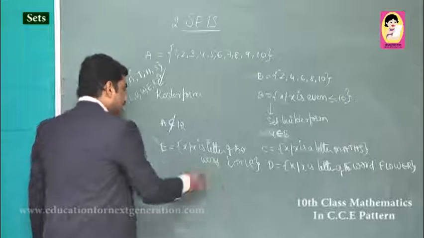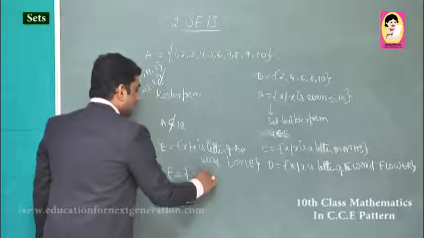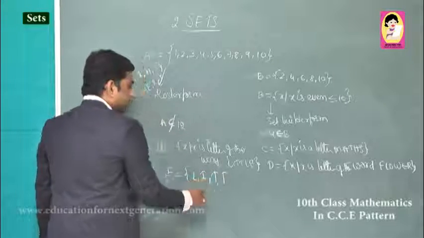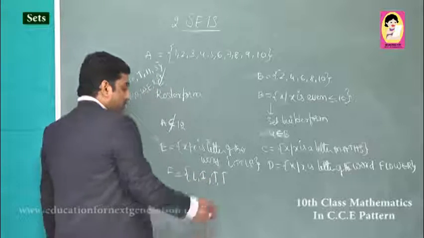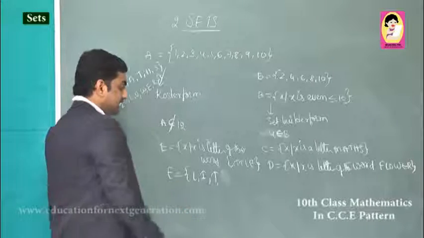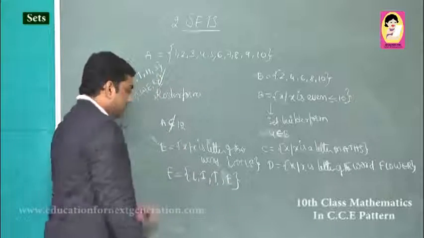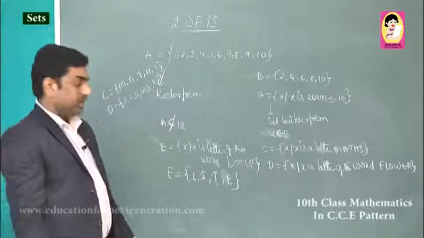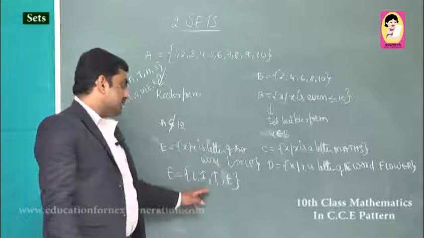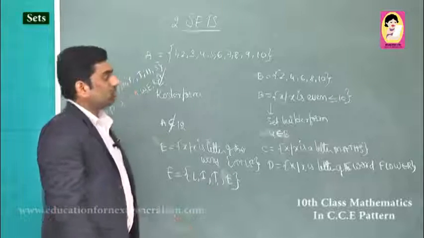See here, this is set builder form. If we write the same thing in roster form, L, I, T, T, in general we would write T twice. But according to the definition of a set, we cannot write T, T. Again L is there, we cannot repeat it. So L, I, T, E represents the set E. X such that X is a letter of the word little should be written in roster form as L, I, T, E. I think you understand. Okay, right.